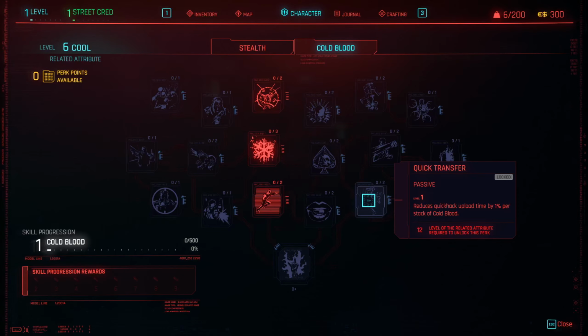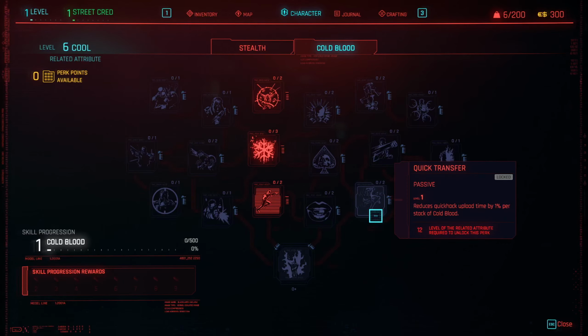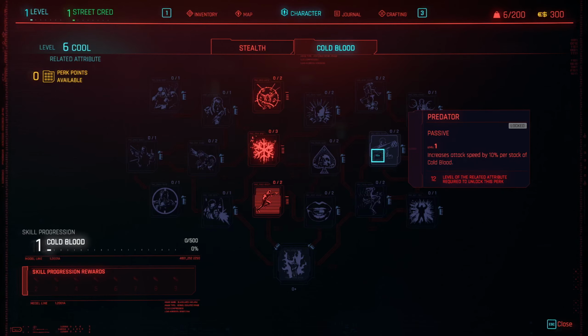Unbelievable. Quick transfer reduces quick hack upload time by 1% per stack of cold blood. How on earth does this have to do something with quick hacks? And like, come on. They just put in some random icons. Some of them do have a meaning, but most of them don't. Attack speed by 10%. Yeah, this is just...